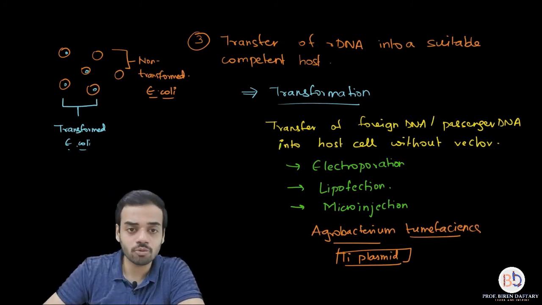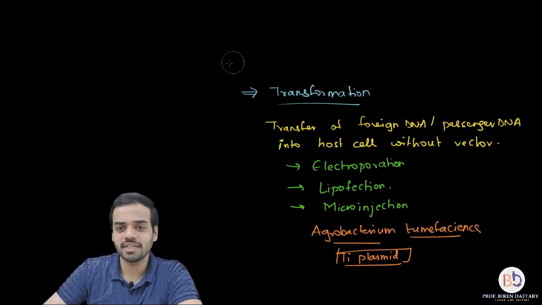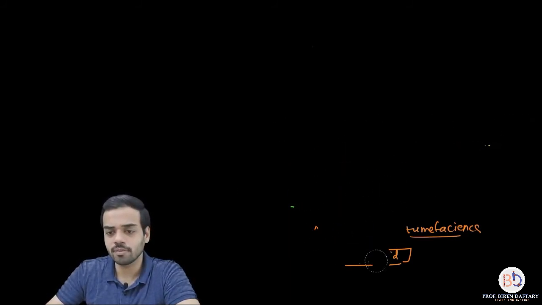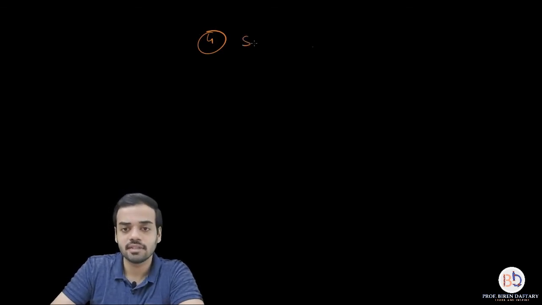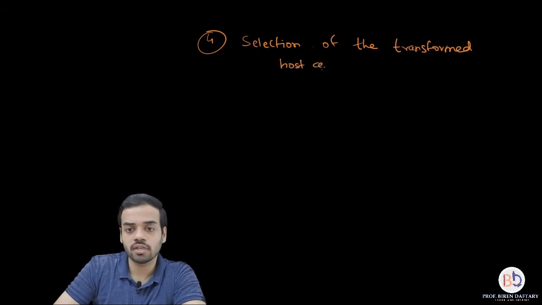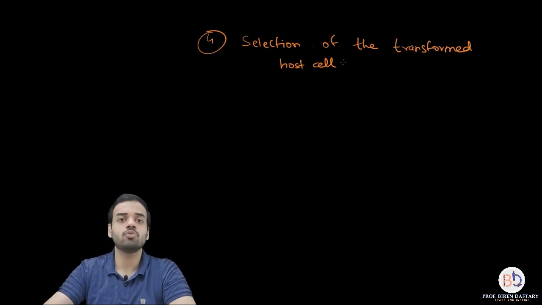Now we come to the fourth method. So I'm going to rub this off. So all these methods are very easy. Okay, they are explained in your book as well. At the end, we are going to draw a diagram of the complete recombinant DNA technology. Okay, so that will just recap. So now we go to the fourth step of recombinant DNA technology, and that is selection of the transformed host cell. So now, as I told you, all the host cells are not going to be transformed by the